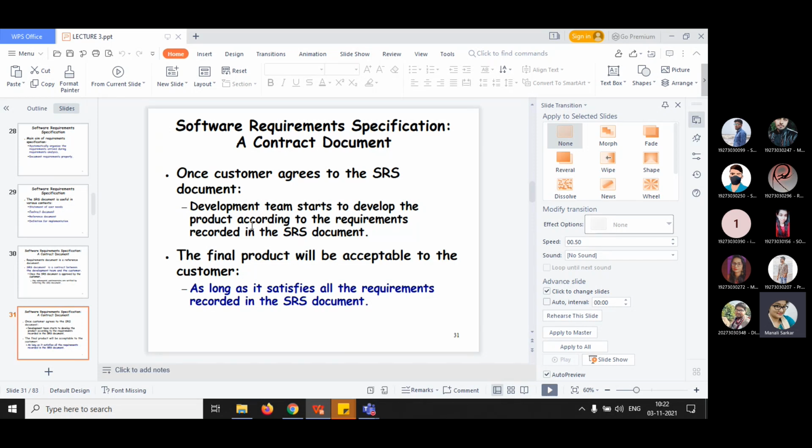It is a kind of contract given by the development team and signed by the client. So the final product will be acceptable to the customer as long as it satisfies all the requirements recorded in the SRS document.